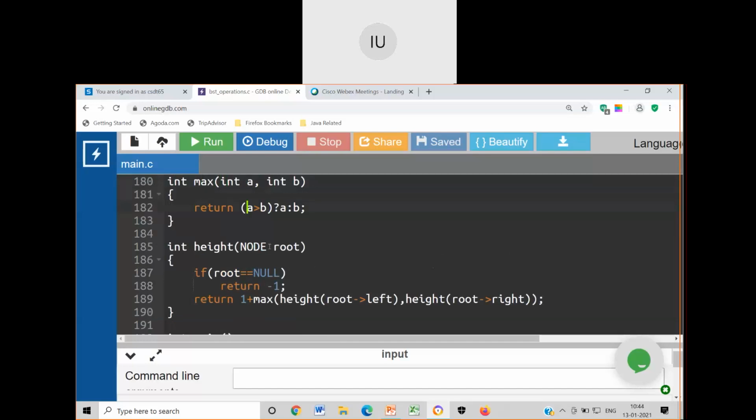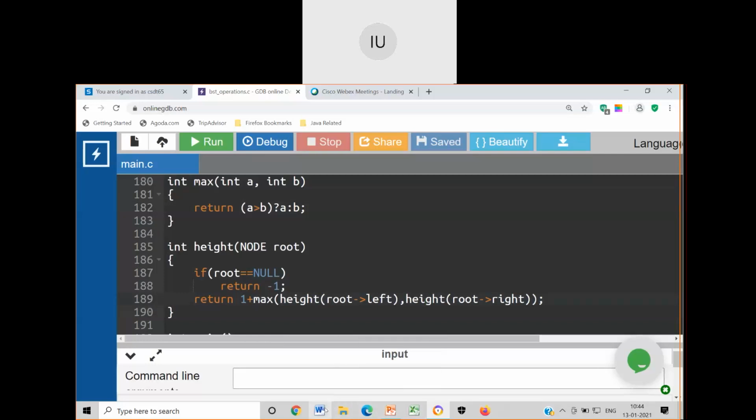In that, I am comparing a greater than b. If a is greater than b, a value is returned, otherwise b value is returned. Now, among the two heights of left and right, the highest value will be taken.